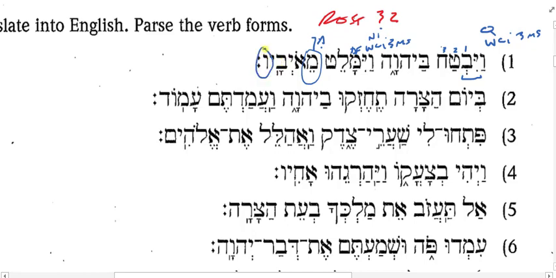Here I have the 3ms pronoun. You made it plural because of that yod, I hope. All right. It's his plural things. And the basic form is oyev, which comes from the verb ayav. It's a participle, kal participle, that means enemy. So he escaped from his enemies. All right. So that's the basic sentence here.